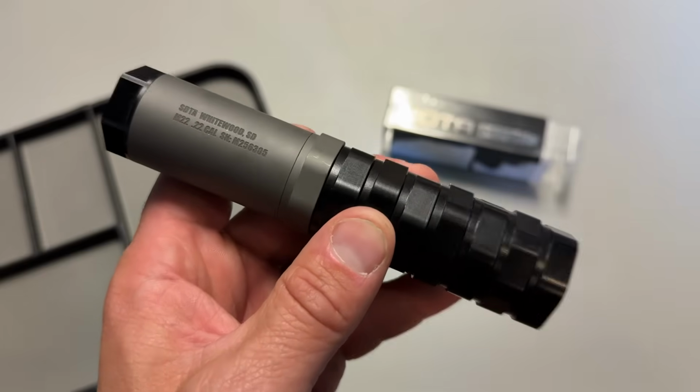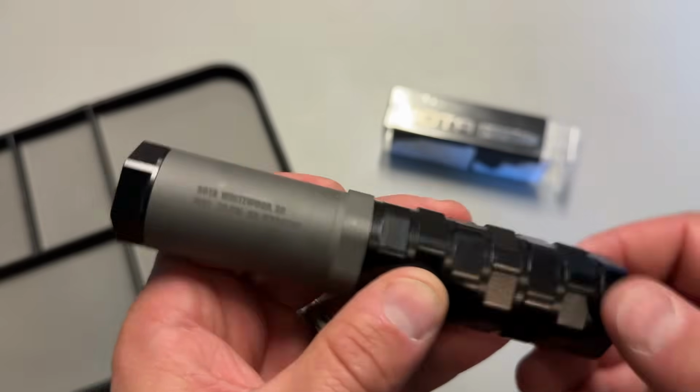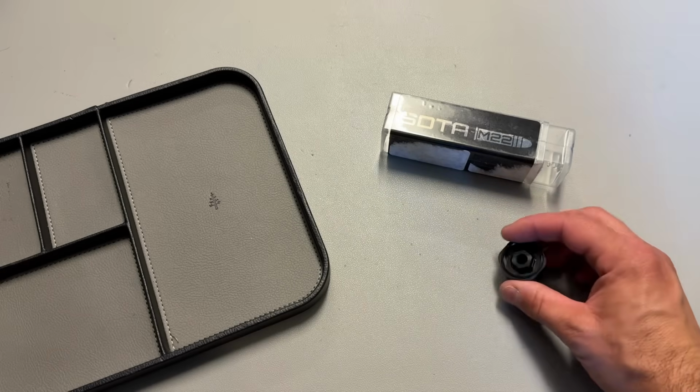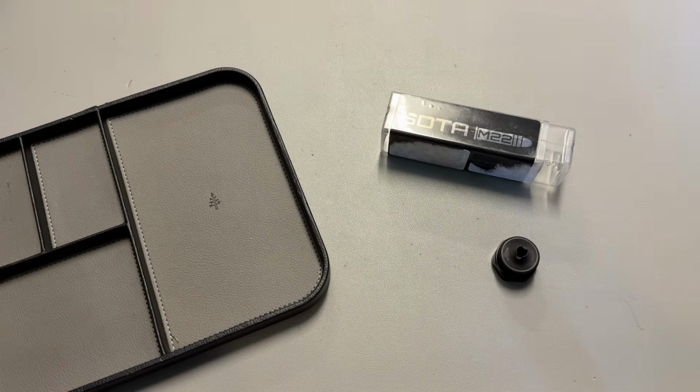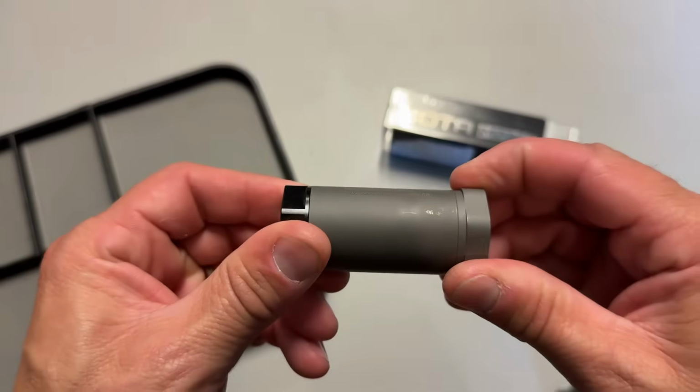On top of that, not only are these baffles modular, but they are also very easy to clean. Now, unfortunately, because of YouTube's policies, I can't show any of that on the channel, but these guys are utilizing 1 1/8 inch wrench flats on all of the baffles, and the caps are really easy to remove. Now, what I've done is snugged up a lot of different things on this can, including the end cap and titanium baffle,